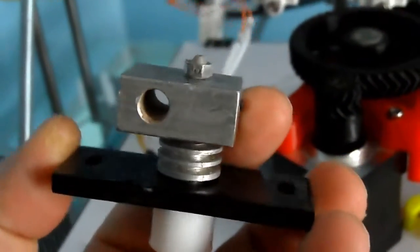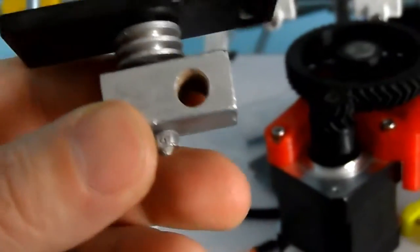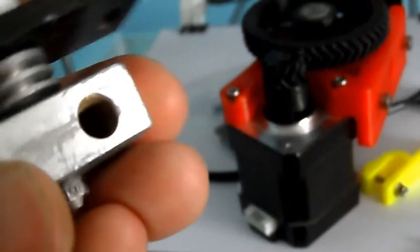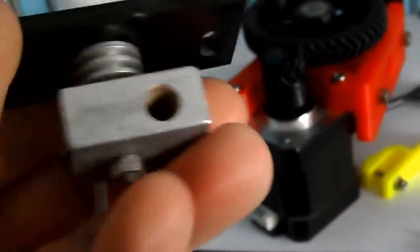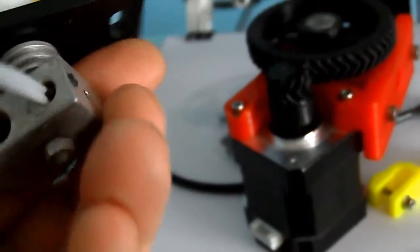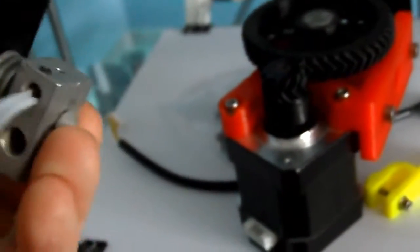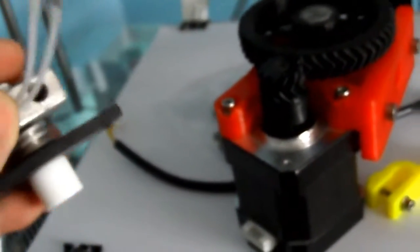This is what they call the hot end. This aluminium block here gets quite hot to the touch. It's what melts the plastic. That's got to be assembled correctly and calibrated. This here is the temperature sensor, but the problem being, I don't know what this temperature sensor is. I don't know what manufacturer made it. I don't know its specifications, and these sort of types of values, you need to understand them,